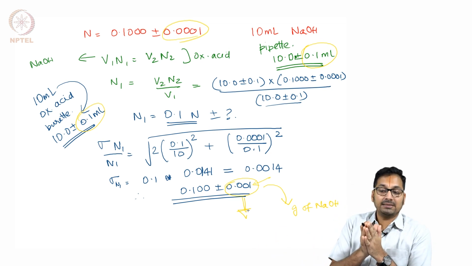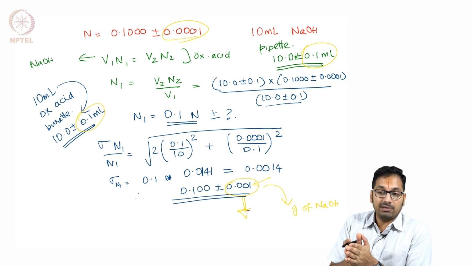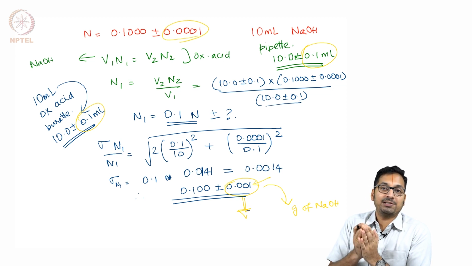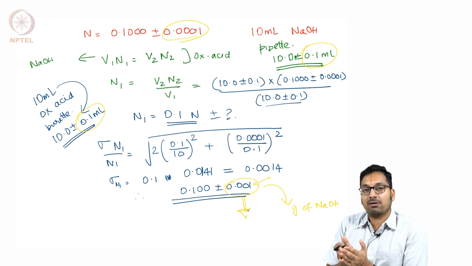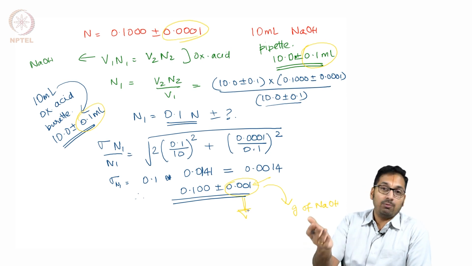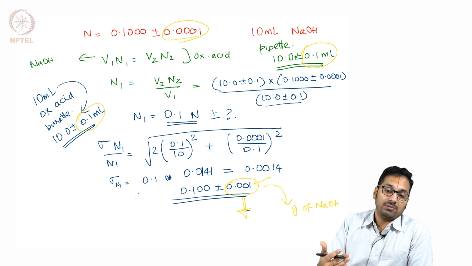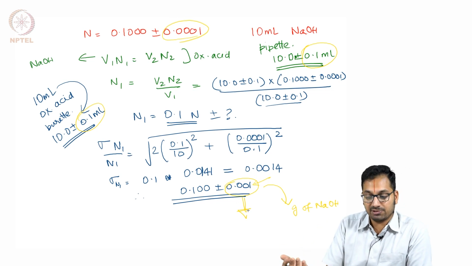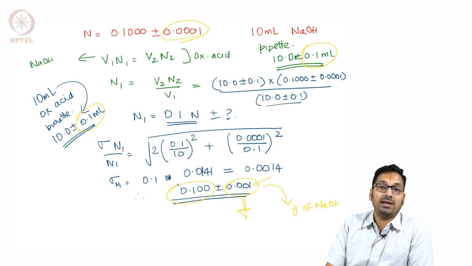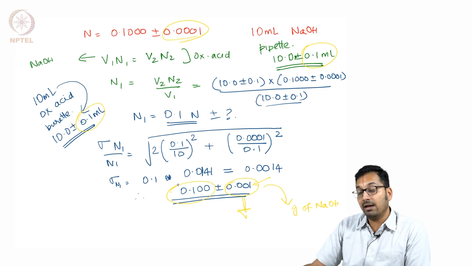So now the point is, the reason behind NaOH not being used as a primary standard is because it's extremely hygroscopic. So when you try to measure its weight during the process of weighing, it ends up absorbing a lot of water, which results in the concentration not being exactly what you wanted it to be. So therefore, this way of standardizing using something like oxalic acid, which doesn't suffer from such problems, helps you determine the concentration of NaOH which you might end up using for titrating against other acids.